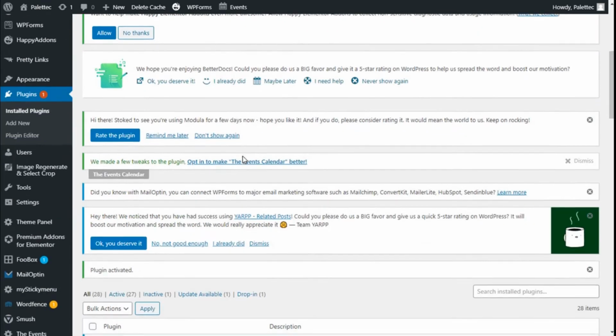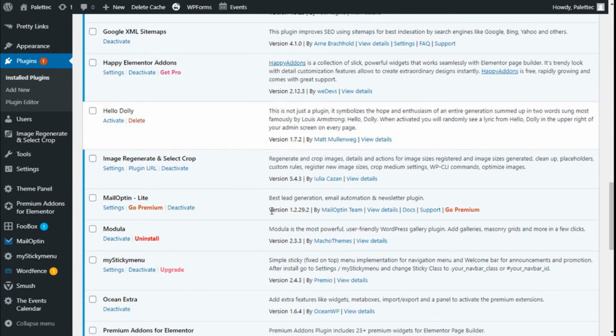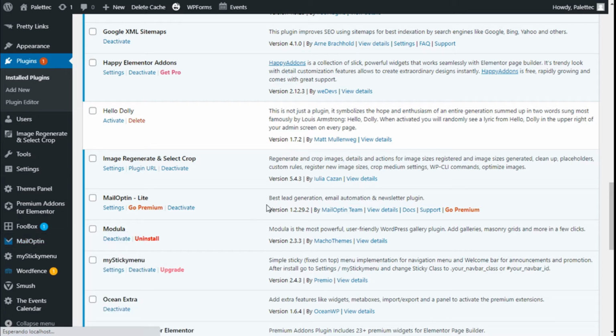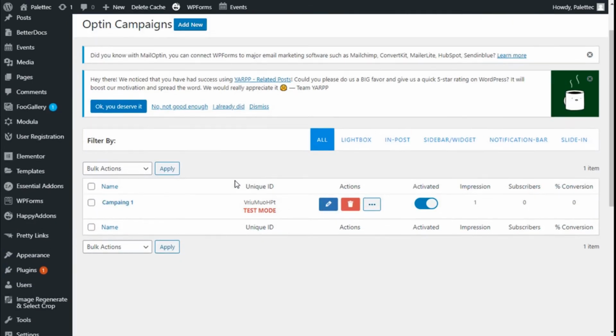And now we are going to scroll down a bit in the installed plugin list, and here we have the MailOptin Lite, but we have it here on the left bar as well. So we are going to hover with the mouse and we are going to click on opt-in campaigns, and here we are going to create a new one. So we are going to click on add new,